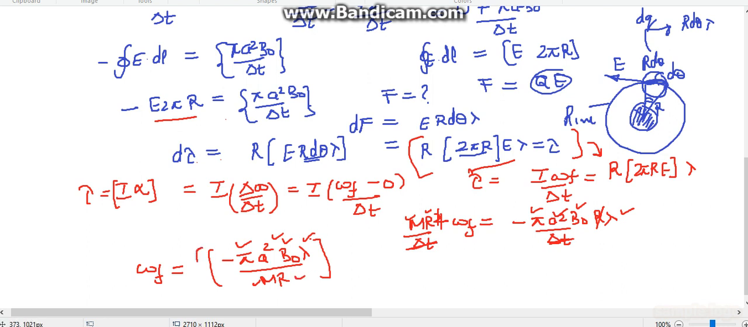So yes, this is the value of omega final, and you know omega is a vector, and the minus means it is pointing in the opposite direction. This is the positive k side, and this is minus k, and you can see that the electric field was working in this direction, and we finally get this value of omega. So the modulus of omega